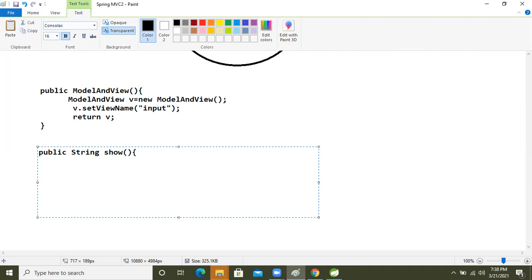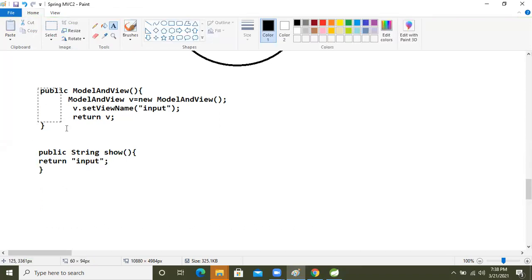After that, take return, and return the input JSP logical page name here. You need to write only this much code. Previously we were writing this much long code, and with this method, there is no memory wastage. But here the view name is not here.